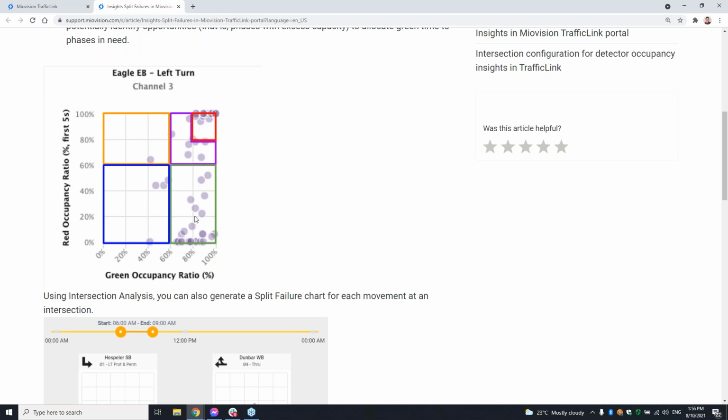Then green being okay, which is where we want to be, means we're between 60 and 100% of that phase having a percentage of occupancy. So we're adequately using that phase and serving the demand of that phase adequately, and the amount of vehicles left over when the light turns red is very minimal. It is really focusing on that first 5 seconds of red, and are there cars left over, and is the green phase being used adequately? That would be okay.